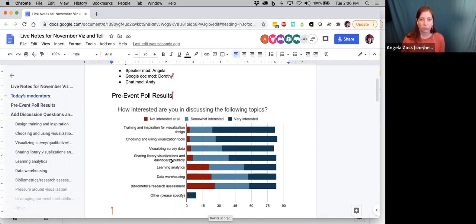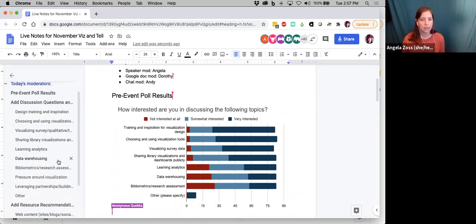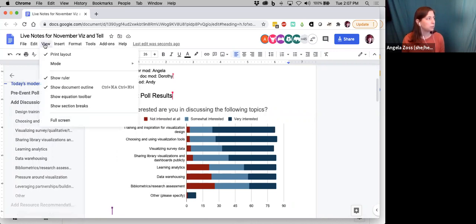We might try to get through some of those, maybe all of them, but all of these topics are represented in this document. So if you have some thoughts or questions on one of these later topics and we don't quite get to it, feel free to just jump down into the later topics in this document. Those of you who don't already do this, I love to open up the sidebar and show the document outline. So I think that's under View.